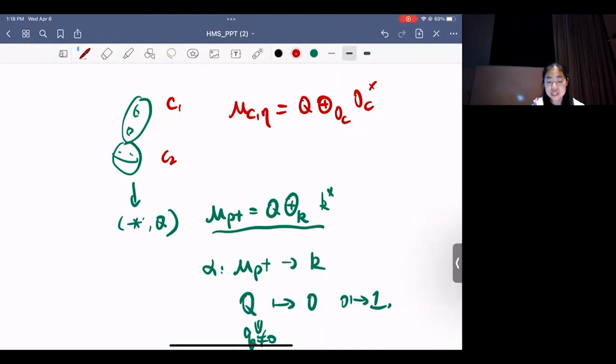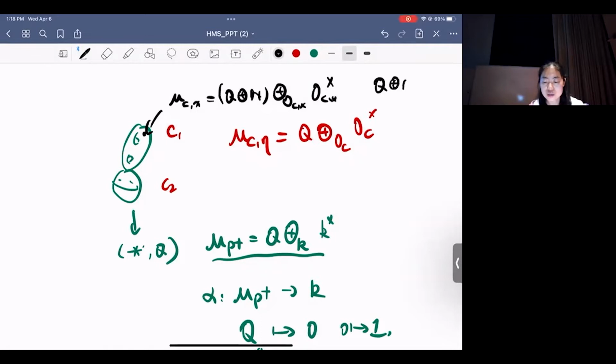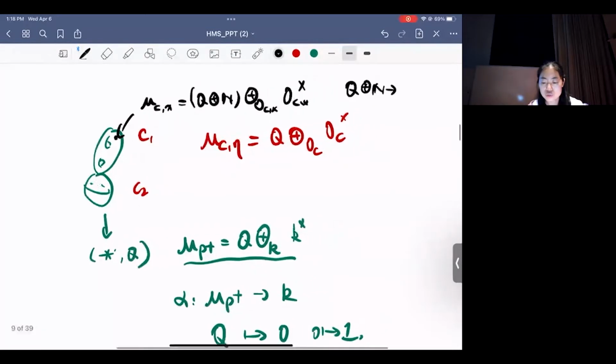And besides the generic points of the component, I will have a special point over here where there is a more interesting log structure, where the log structure over here locally looks like Q direct sum together with N, and the OCX and OCX cross, where the chart I told you sends Q direct sum N to